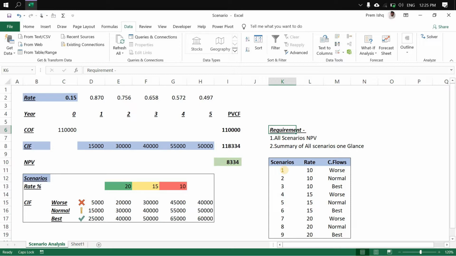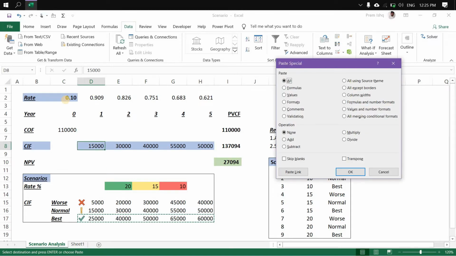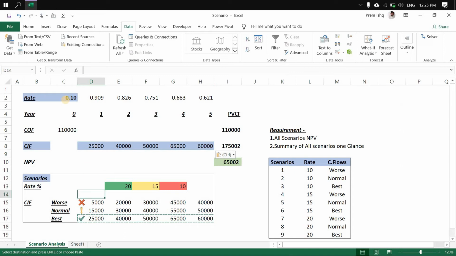Now let us see how we are doing it manually. Manually I will change the discounting rate to whatever I want. So I'll directly input 0.2 here or 0.1, based on the discounting rate which I want. Similarly with the cash inflows, I'll copy paste here. For example, if I'm assuming the best possible scenario, I'll copy paste values here, right? That way I'll keep on modifying my inputs. In case of worst cash inflows, I'll copy paste these 2 cash inflows, and the same with normal. So it's all manual stuff, right? Every time you need a scenario, you need to change the values or copy paste some values.